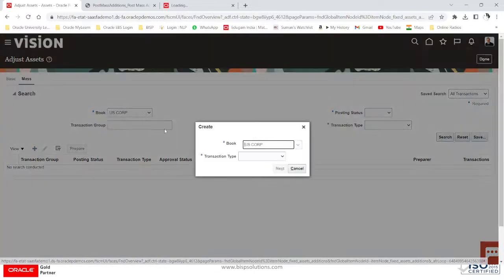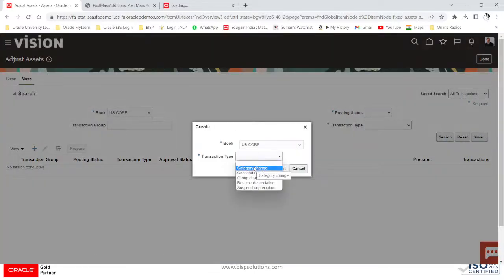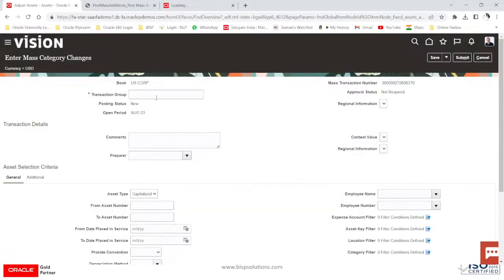let us create transaction as category change, cost and rule change, group change. If you have a group asset, you want to change that, resume depreciation, suspend the depreciation. So I am going to change the category, right? So let us create a category. So transaction code I am selecting as CS26ER, RE, right? So that is my transaction group code, and say change